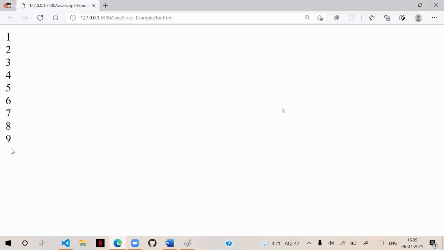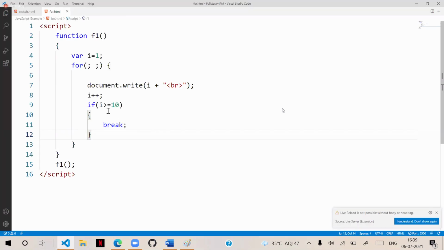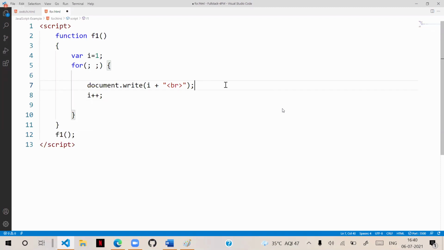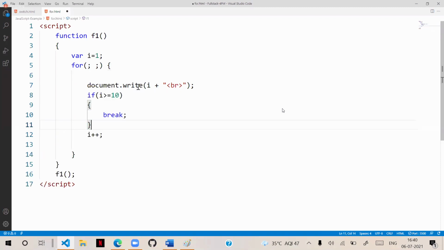Because by default it increments: first it is printing the value, after printing the value it is incrementing, after incrementing it is taking the decision. The order is your wish, you can keep it according to your requirement.